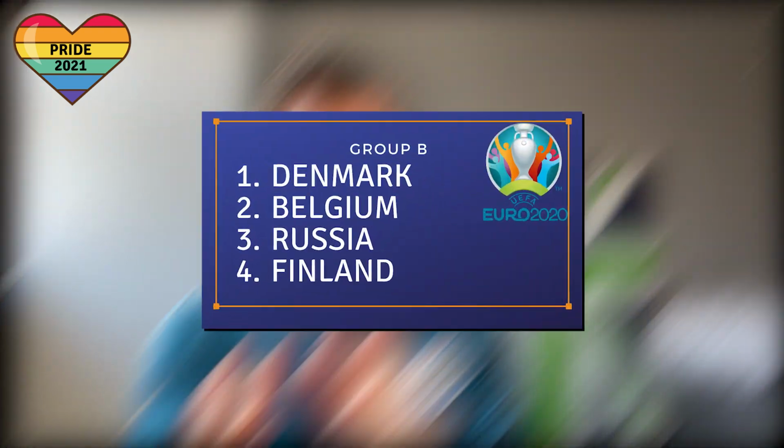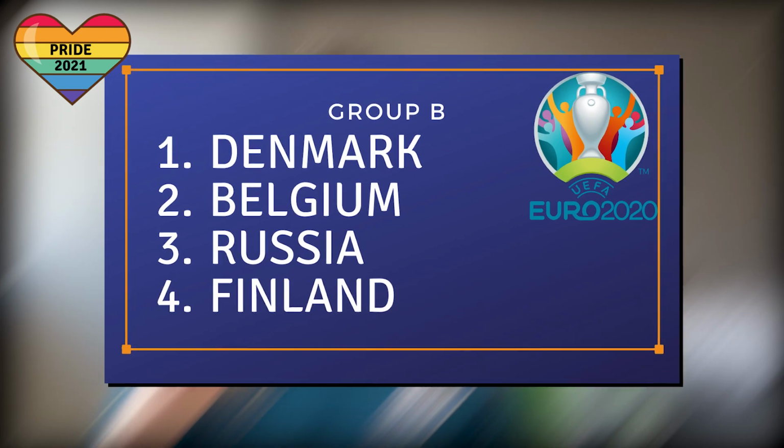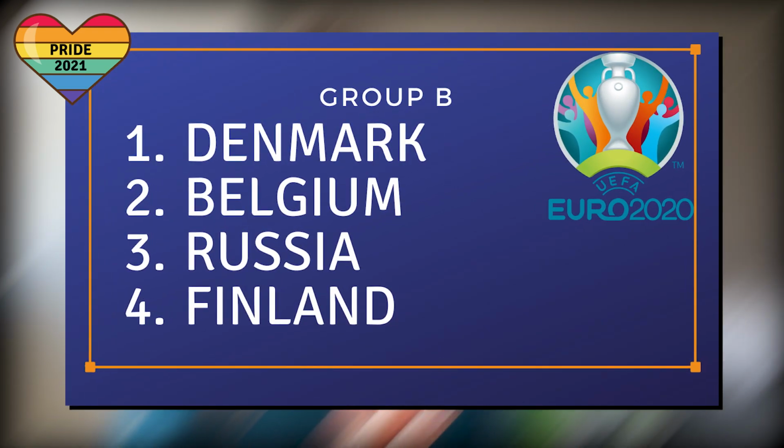So let's rank them in order then. No surprise that Finland had an early exit out of this group. Not a nice kit at all. I don't like this one. In third place, Russia, and then it's between Denmark and Belgium, and I really thought hard about this one because both of these kits are very nice, I have to say. I gave it to Denmark just on the basis that it's clean, it's a little bit different, but it's kind of classic at the same time. I really like that. And the Belgian kit, nothing wrong with it at all, but it's in second place in